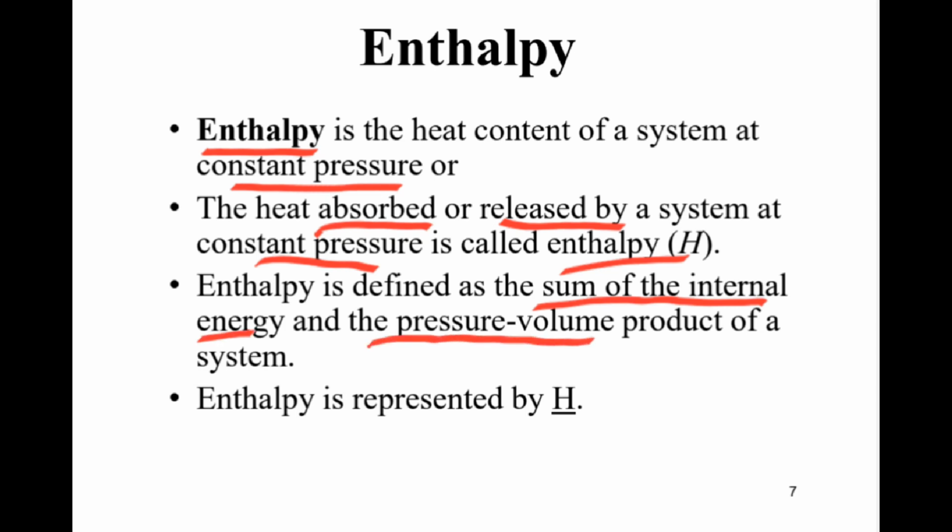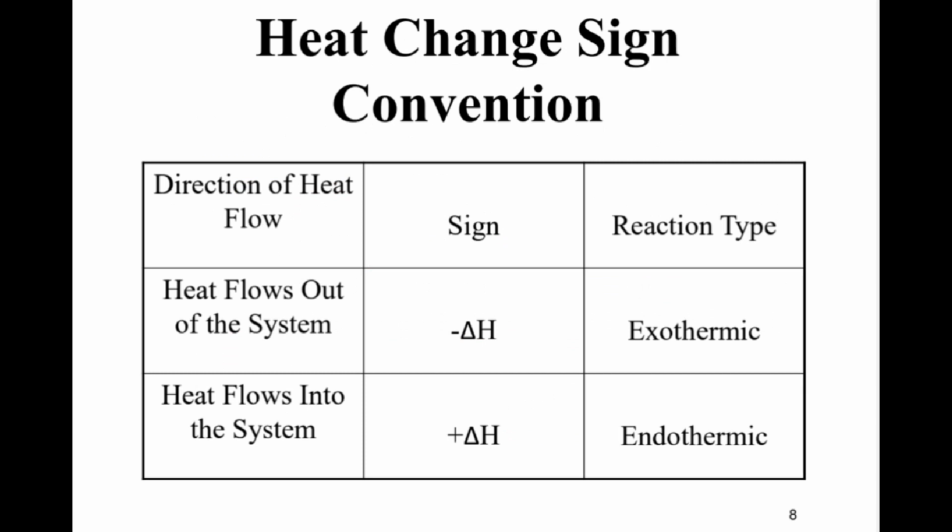So enthalpy is defined as the sum of the internal energy and the pressure volume product of a system. ስለዚህ enthalpy define ሲደረግ we can also define it as the sum of internal energy and the pressure volume product of a system. አንድን ስርዓት internal energy እና የፕሬሸር ቮሊዩም ፕሮዳክት of a system ድምር ውጤት ነው ማለት ነው። and it is represented by capital H ማለት ነው። ስለዚህ በካፒታል H designated ይሆናል ማለት ነው።